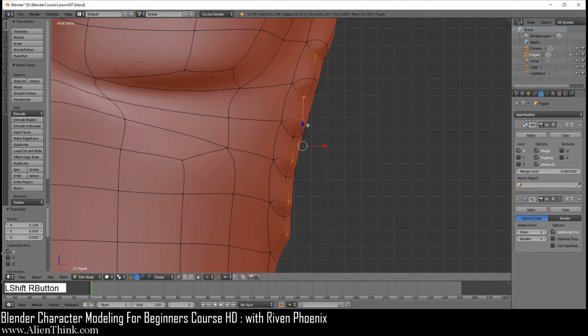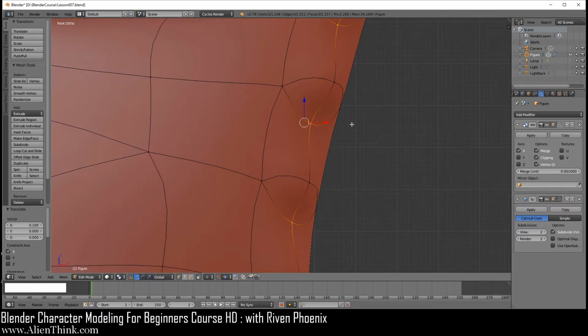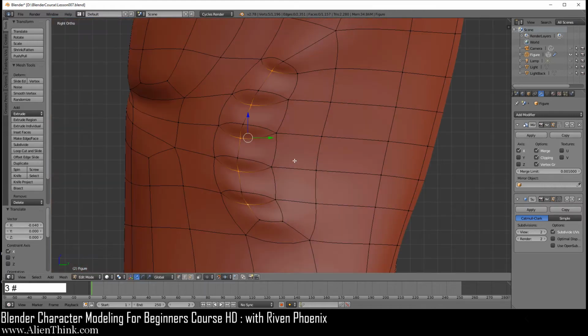get rid of this one, this one, this one, this one, this one, this one, this one, this one, this one, and then deselect this one. Now I'm going to zoom in to get smaller grid units and move it in 4 times. 1, 2, 3, and then 4. Zoom out, press the 3 key.